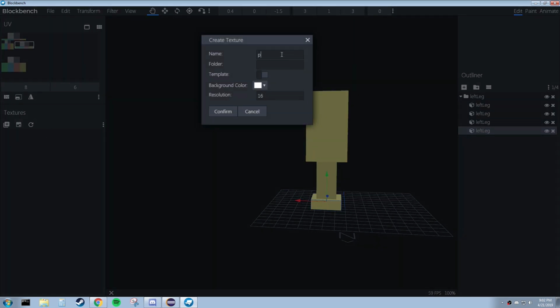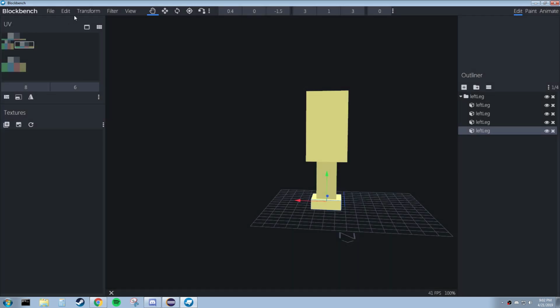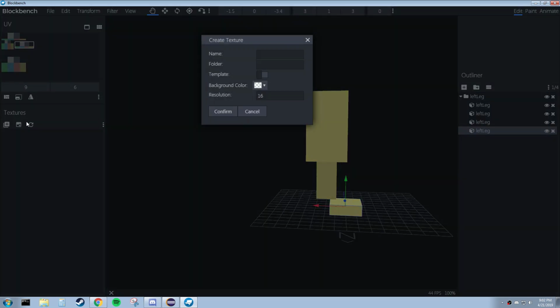We'll call it peg leg. It is a template. I don't know if there's a way to turn off the auto UV mappings first, but I'm gonna say probably not. I know there's a toggle UV function. I haven't found it to work, so